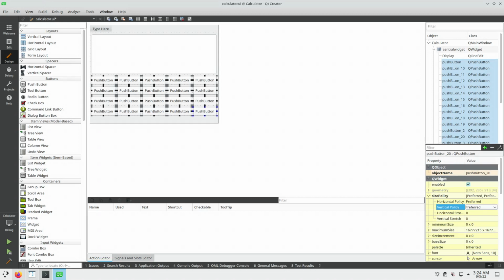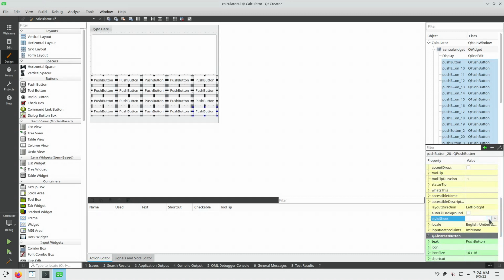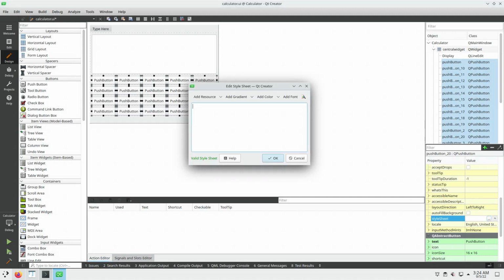Then we edit the CSS for all of the push buttons. So that's QWidget, styleSheet. Click on the button with 3 dots. Okay. And this is CSS syntax. So selector,